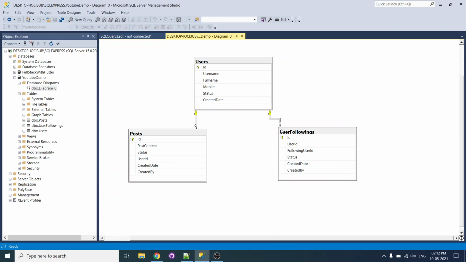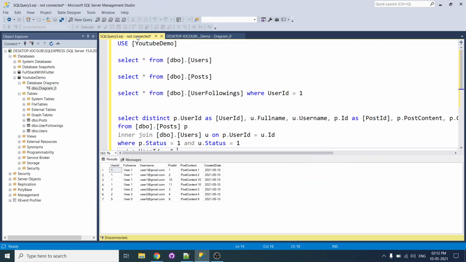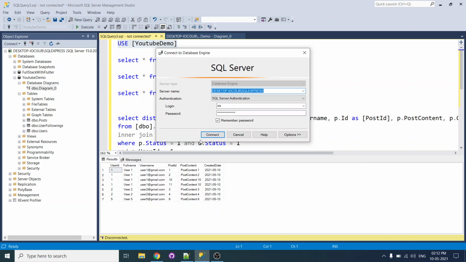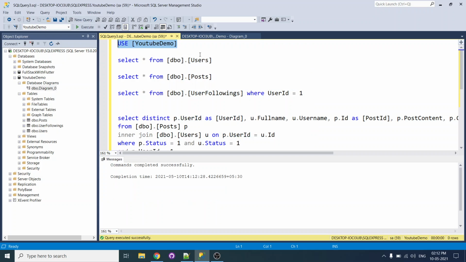And the user followings, so each user has how many followers. So the user ID and the following user ID. So the follower is also one of our users in our system. And what I have done is I inserted some sample data into the tables.